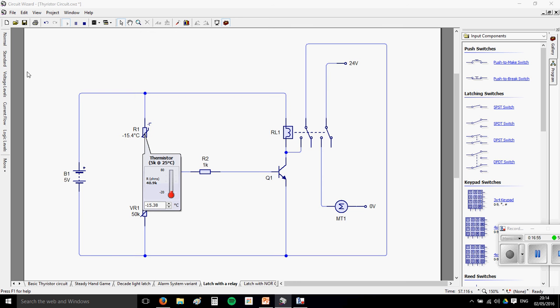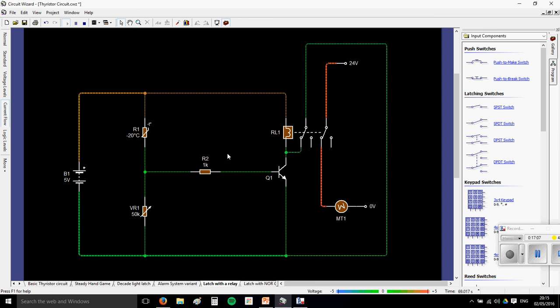So just to show you that, raise the temperature up. The motor is turning, the coil is pulled across, and even if the temperature drops back down again, the motor stays locked on. And just to show you in current flow now, the reason that happens is because I've used